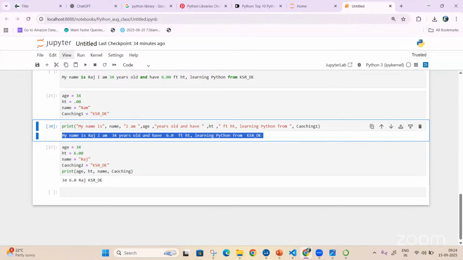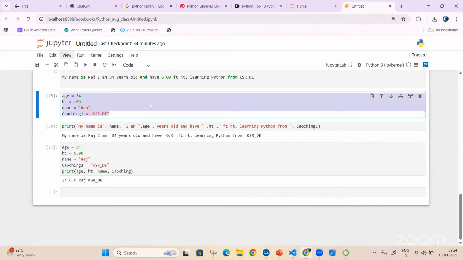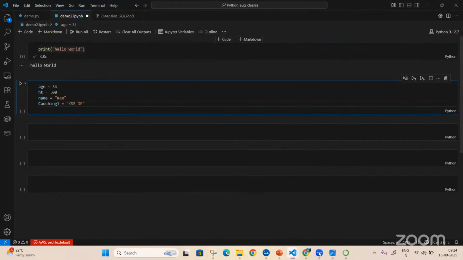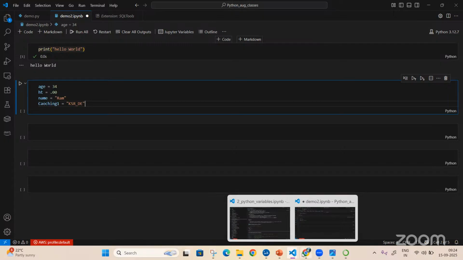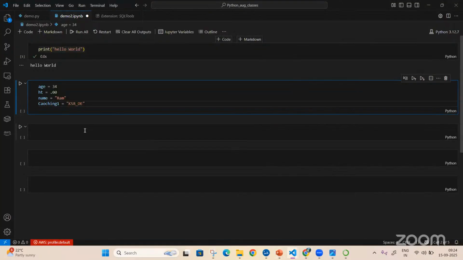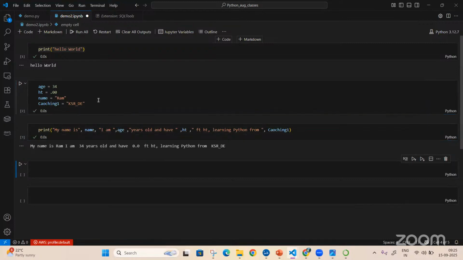For demo purposes, which one do you want us to install? Anaconda or VS Code? Whichever you want to do is fine, because it's the same thing. Now if I take this here and execute here, and if I come to this and execute, it works the same. There is no change. It will run, there is no difference. It depends on you. If you want to work only on VS Code, work on VS Code. There's no add-on rule to install Jupyter.